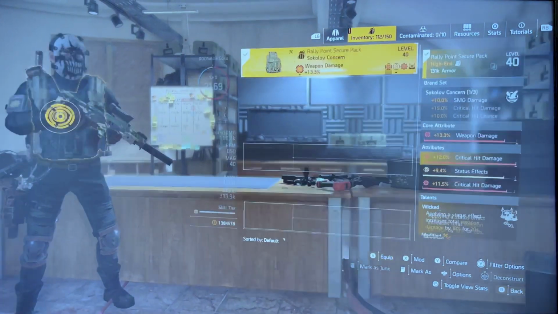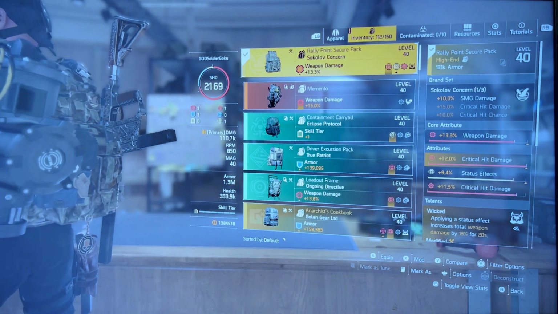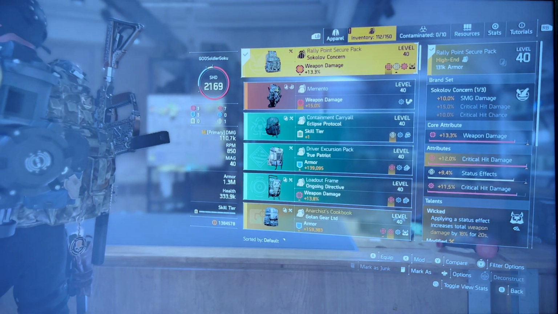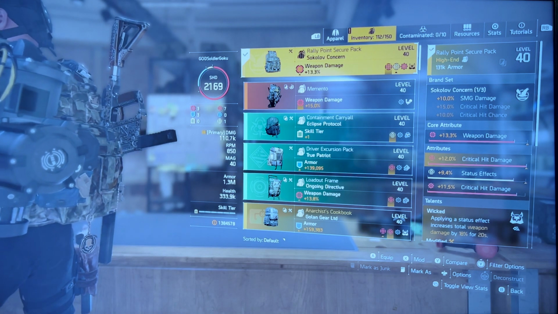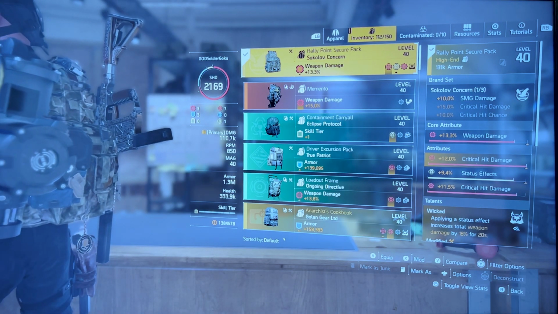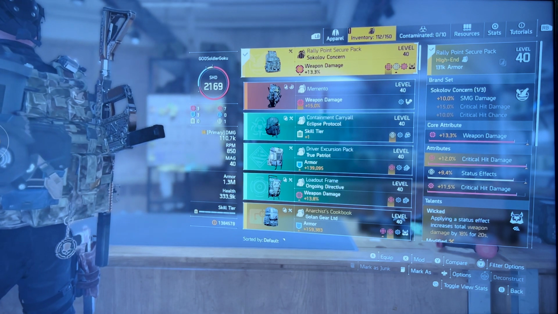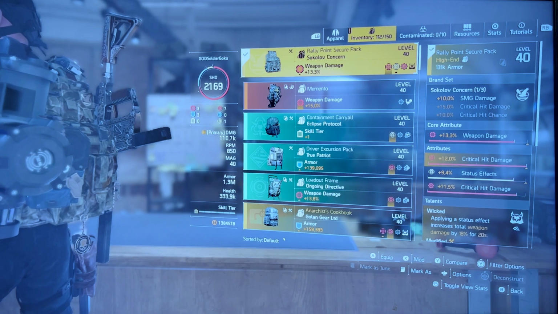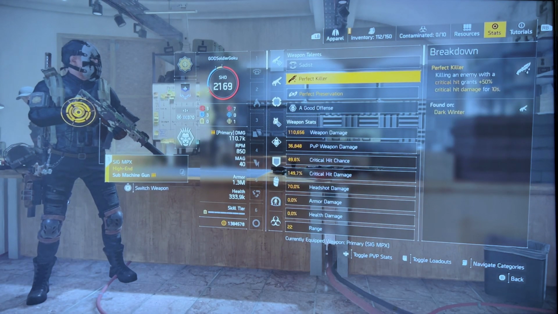This is all subjective. Now your backpack, I have on a sawcloth piece, so I'm getting that 10% SMG damage. My core attribute 13.3 weapon damage could be higher at 15%, but you see my critical hit damage is maxed out at 12. If I had it my way,